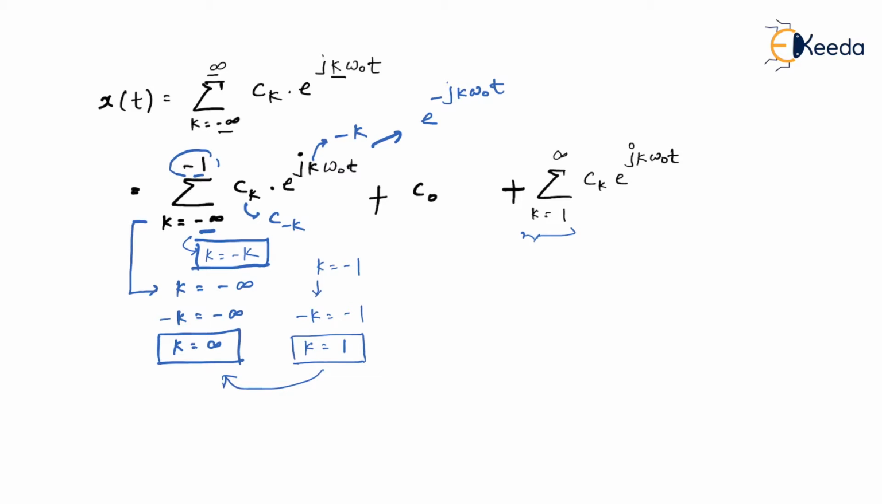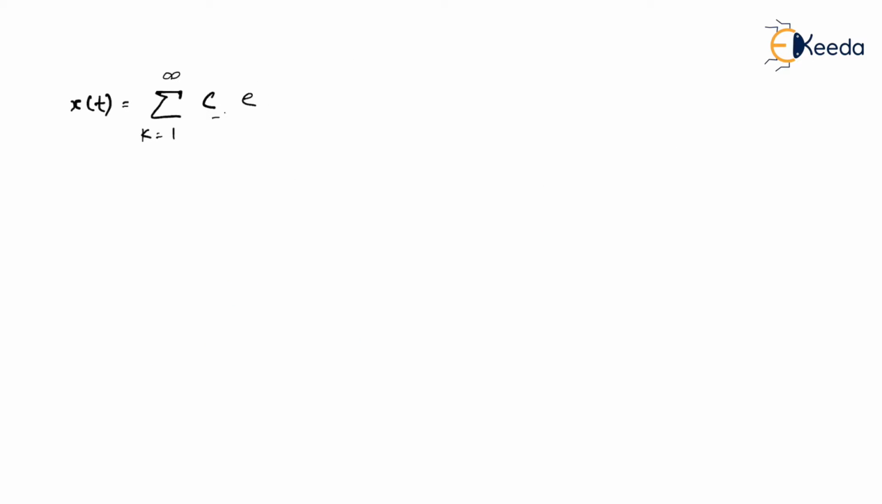So accordingly we have to correct in the next slide. So it has become c minus k e to the power minus j k omega naught t, then c naught plus summation k equal to 1 to infinity ck e to the power j k omega naught t. Am I right? Later on, I can rewrite this as,